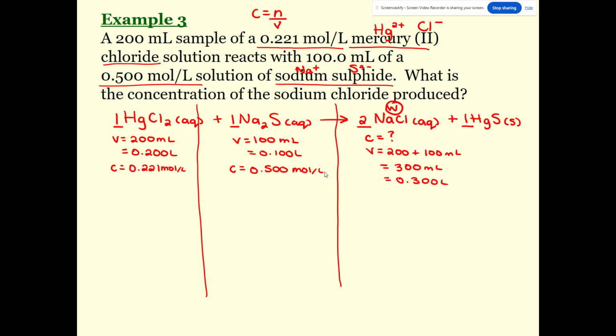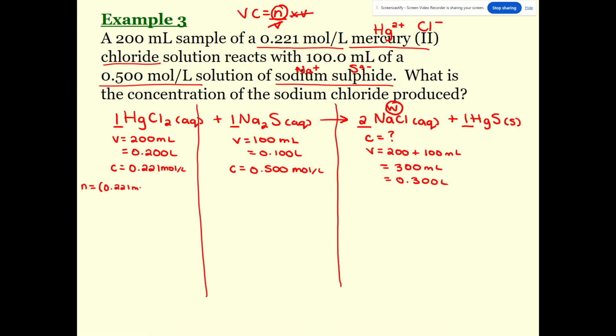Still though, even though we're given concentrations and volumes, it's still the same steps where I need to find the moles of each reactant, which is going to be C times V. Okay, I'm going to run out of space there, so let me actually just put the numbers in. But again, when you rearrange this formula for moles, you would multiply both sides by volume so that the volume cancels. So N equals C times V. Okay, so